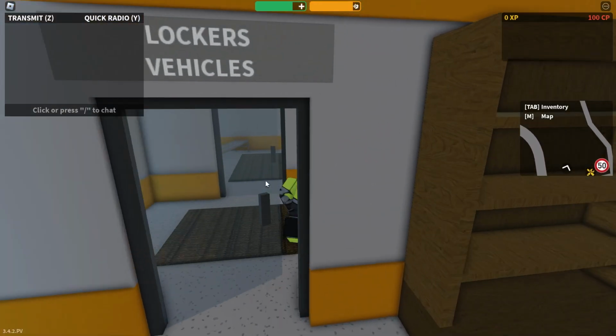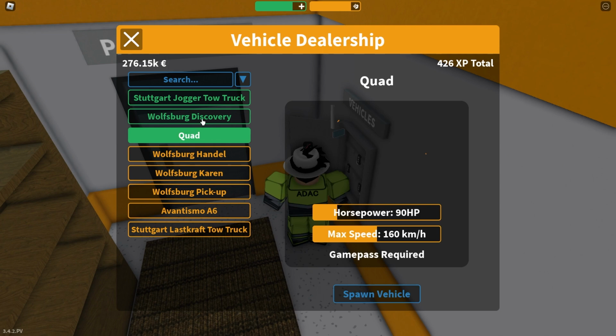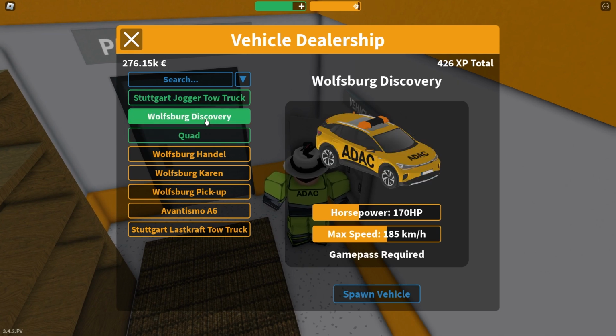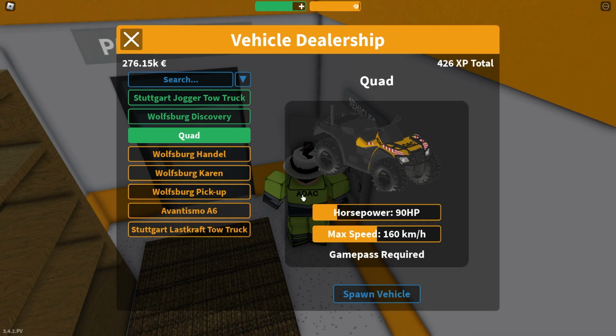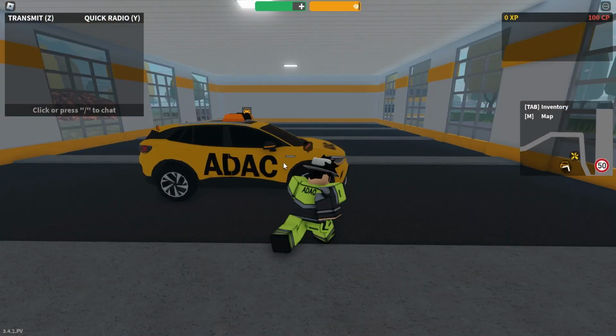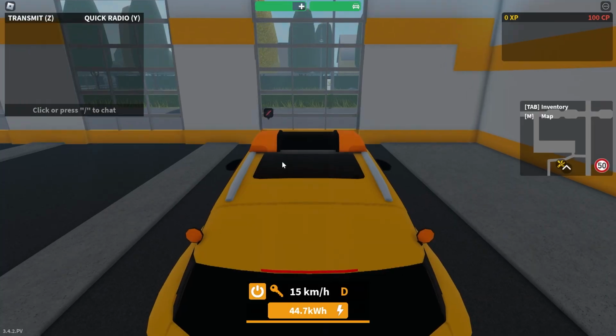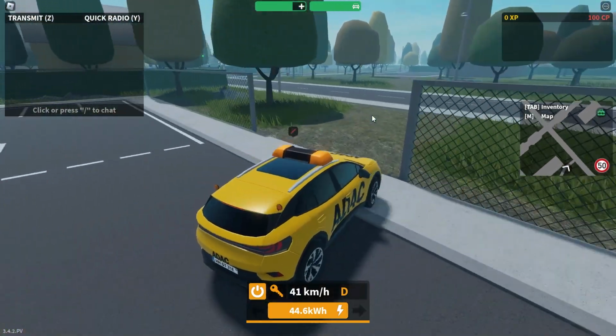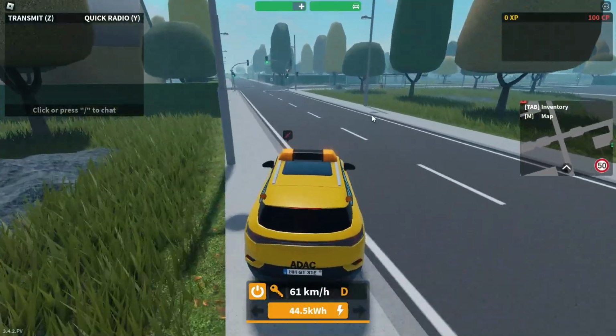All right everyone, so let me inform you of the plan. We're gonna take a picture on the motorway as ADAC. Let's go with this car, I don't have any other one. So let's take this car to the motorway, and obviously there needs to be something that enables you to control the screens as ADAC.